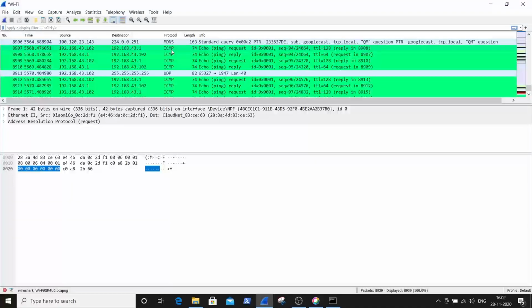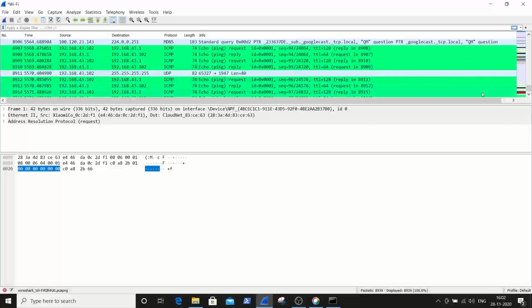When we use the ping command, ICMP packets are generated and Wireshark captures all the ICMP packets. You can see the first packet gives a request and then a reply, then again a request and again a reply.